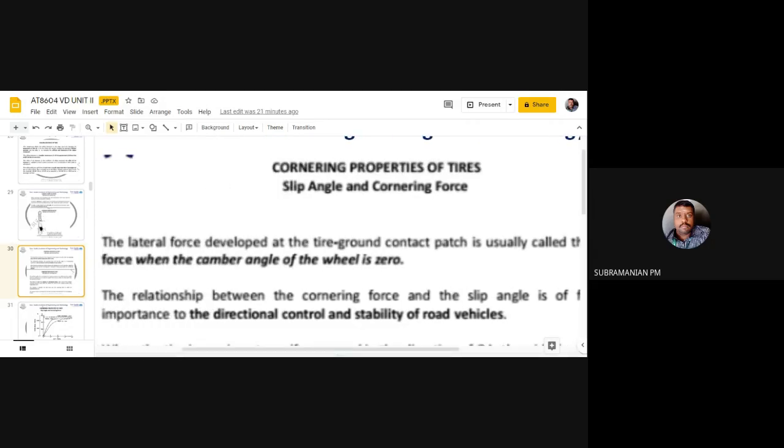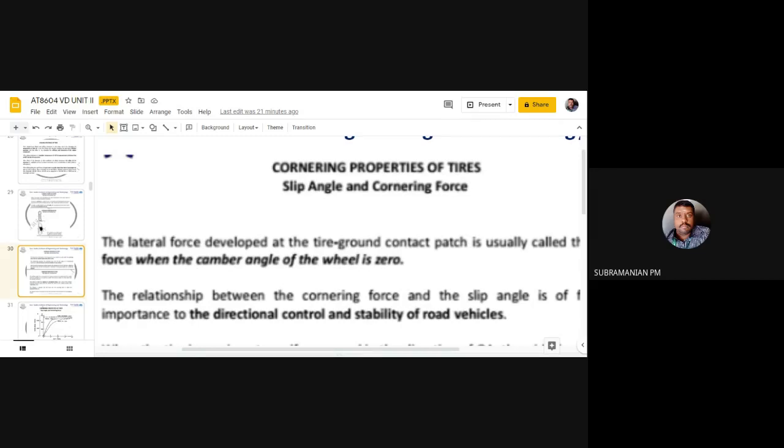And you have to remember this condition: when we say cornering force, assume that the camber angle of the wheel is 0. Under that condition only, the lateral force developed at the tire ground contact patch will be called cornering force. And you have to study the relation between this cornering force and the slip angle. That is, when there is more slip,